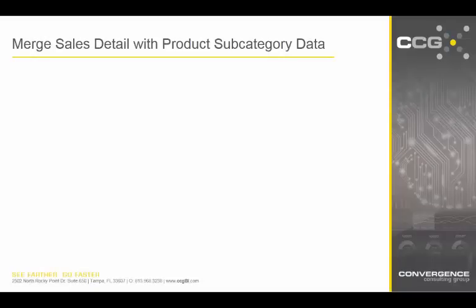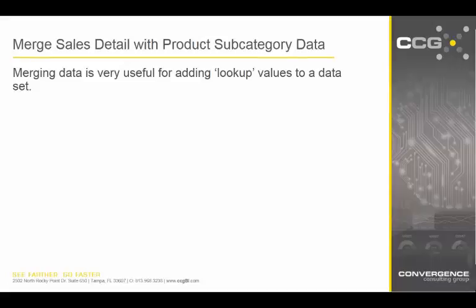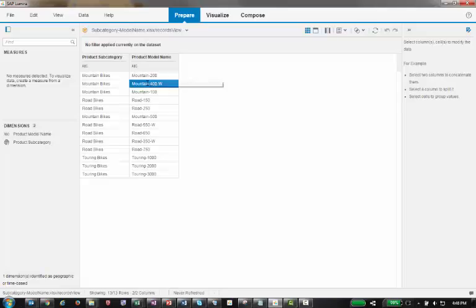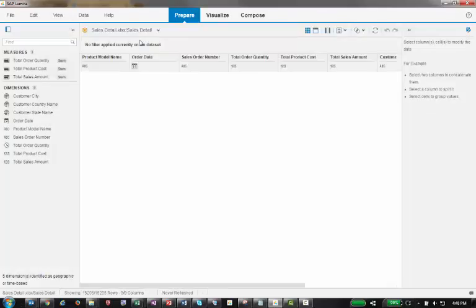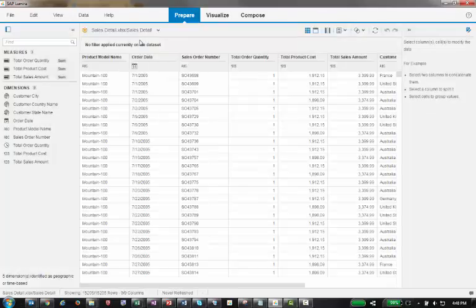And then we're going to go ahead and merge that sales detail and product subcategory. This is kind of the useful way to make a lookup table within your data set. So we'll go up to change this to our detail level. Again, that's going to be our left side of the left outer join. So we're going to hit merge,